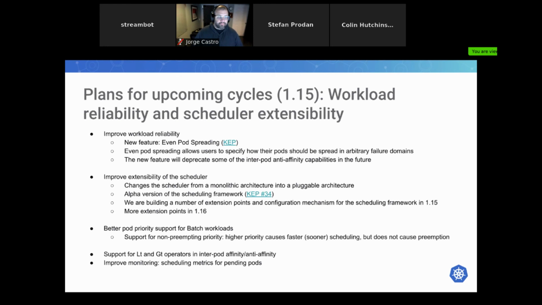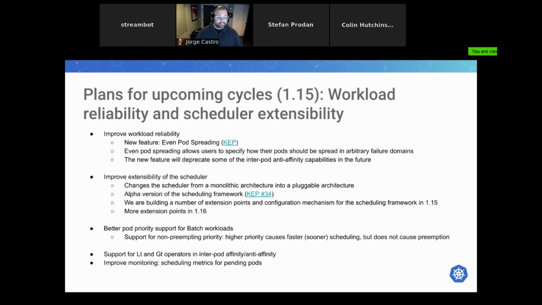Or the same thing, if you wanted one web server per zone, no more than one web server could run in that zone. But now, with even pod spreading, the scheduler can look at the number of zones and the number of pods and spread them evenly among those zones. So you can have more than one pod per zone or whatever failure domain you specify.